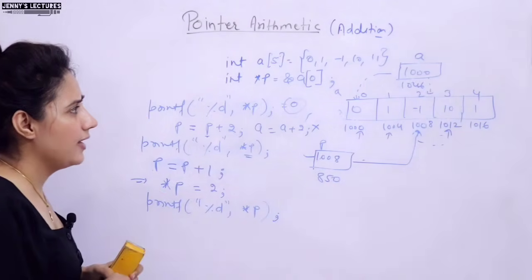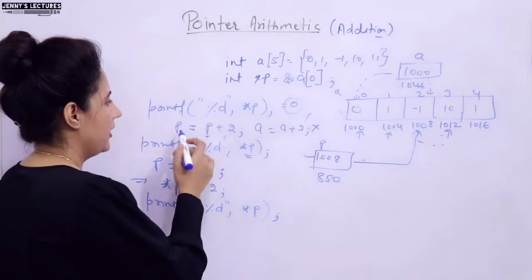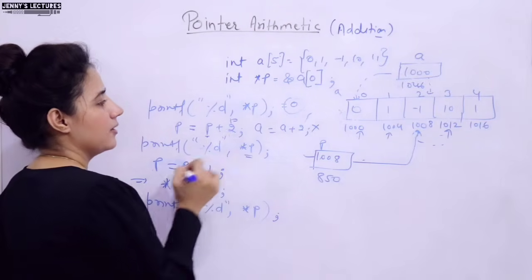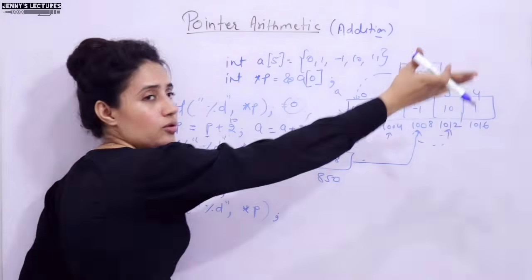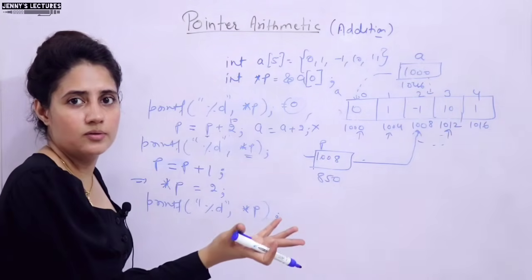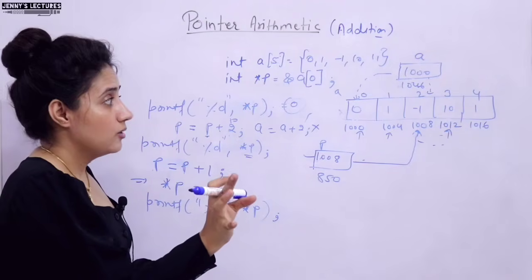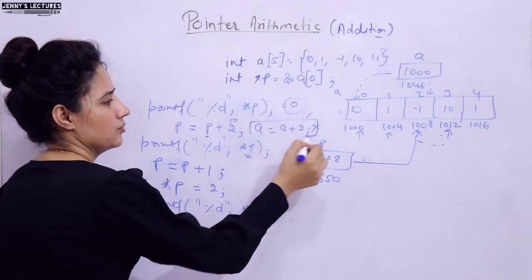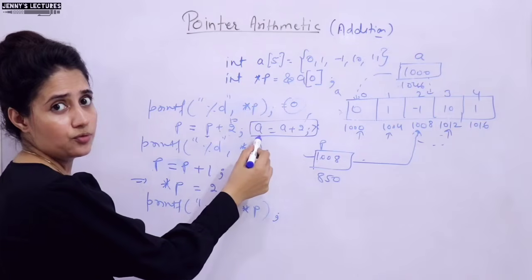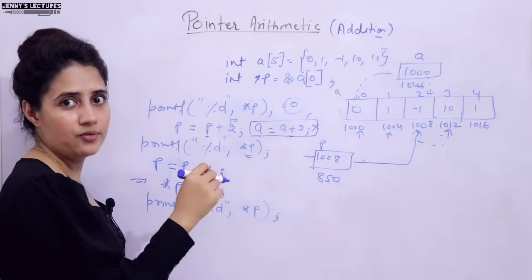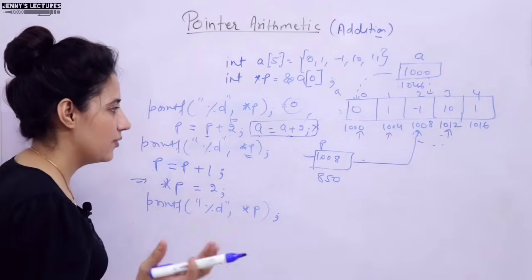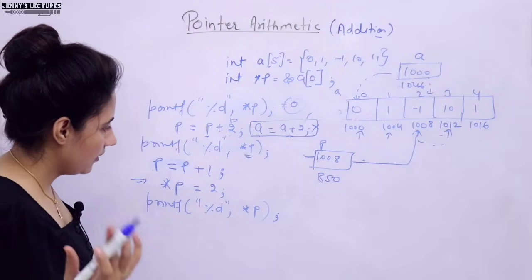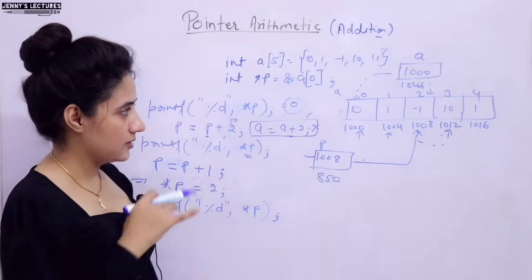And if you add here something like this, suppose I am taking p is equal to p plus 10, so how many bytes would be added? 10 into 4, that is 40. So 40 would be beyond this array, so it will print any garbage value, right? So you have to try this also. If a is the name of the array you are taking, and we add any integer value to a, then you have to try whether it is giving any error or not, right? So now let me show you practically.